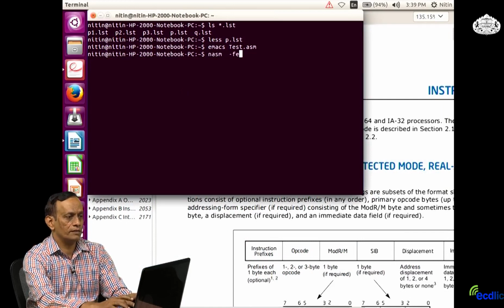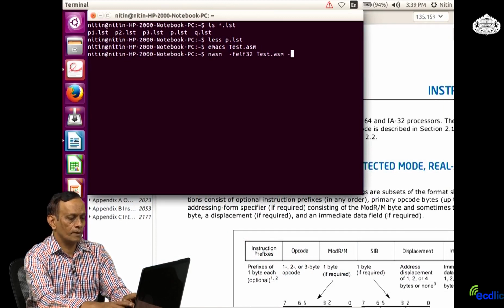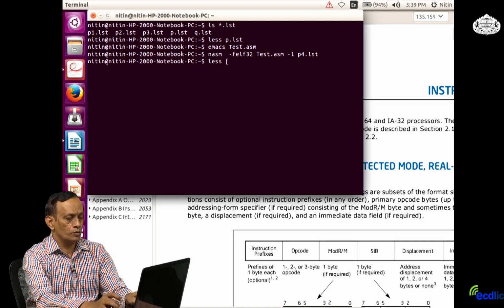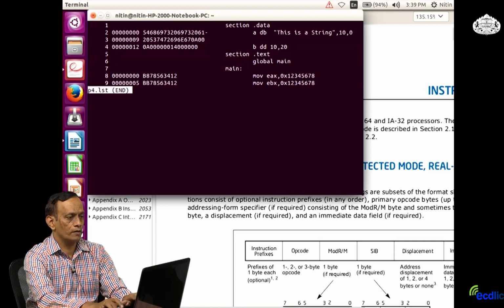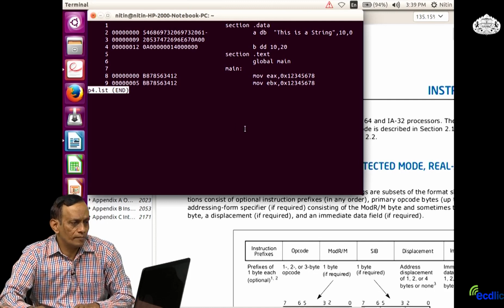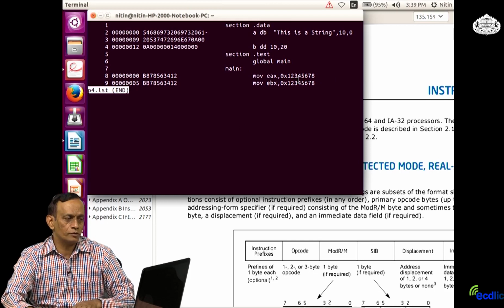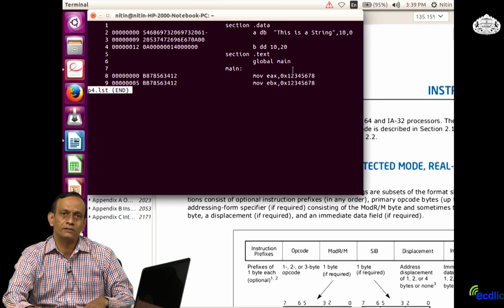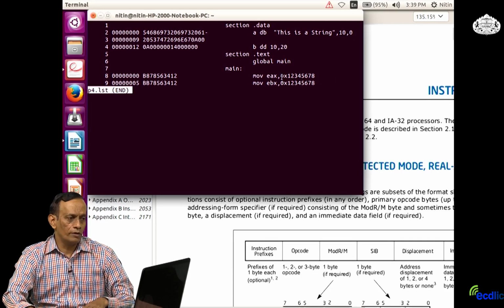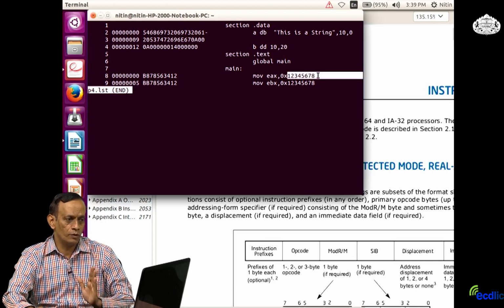nasm -f elf32 test.asm -l, again I will take p4.lst. So, let us see the contents of this p4.lst. If you see here, the data that we passed was 12345678, so ultimately it covered 4 bytes completely. The data in the order it was given was 12345678, and